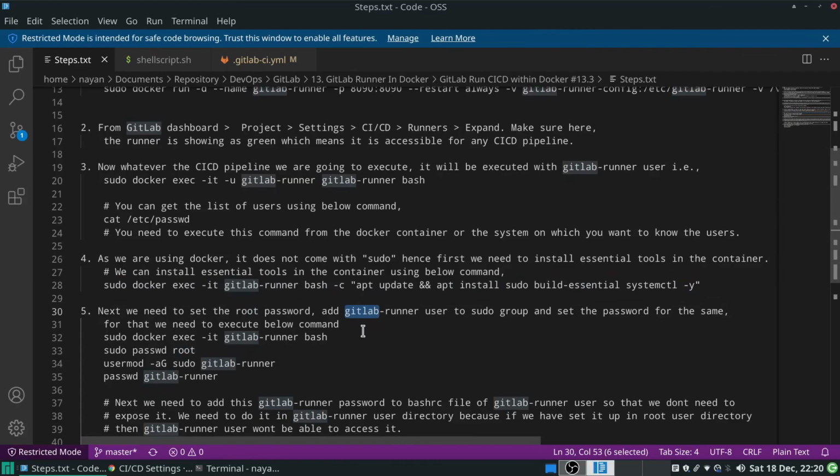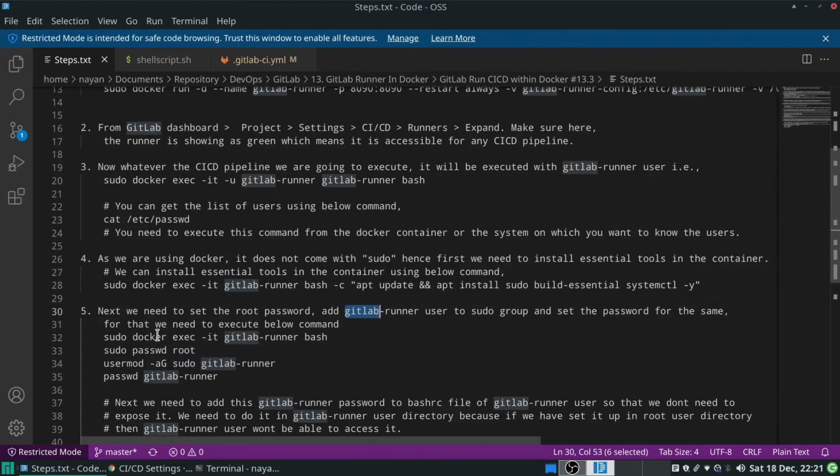And when we work with Docker at the initial stage, we don't know the password of the root user or of the GitLab runner user. Hence, we will reset the password of both users, and then finally add them to the sudo group, so that on the GitLab runner user we can execute any command with the sudo option.